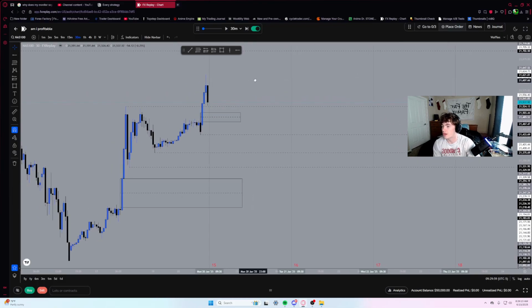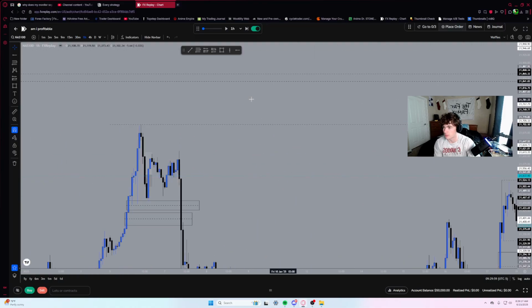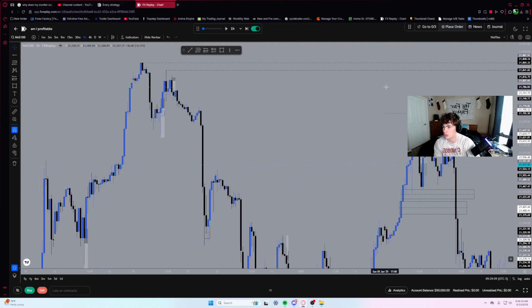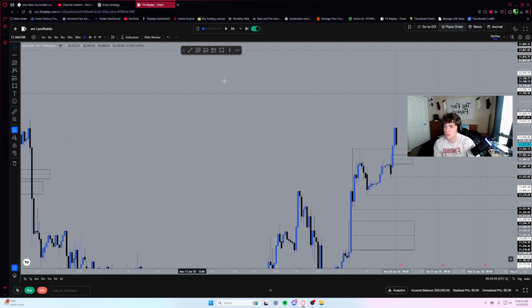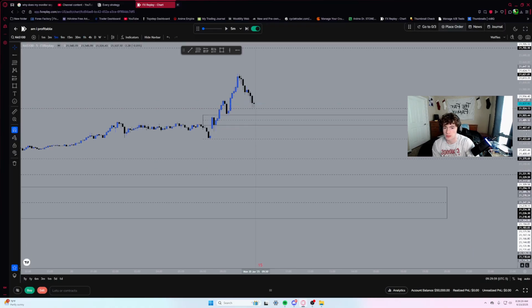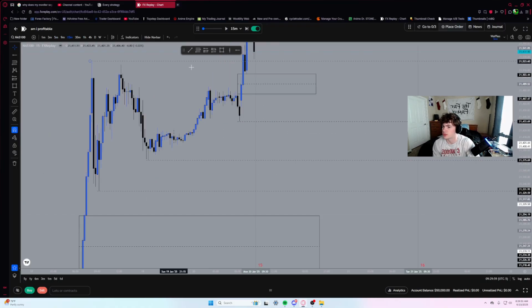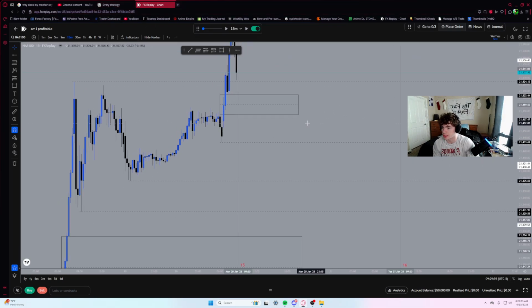Here we go. So I already have some high time frame confluences mapped out. Got some liquidity up here that I would like to tap into, and this is a main form of liquidity that I would like to see get hit. So let's go to the 15-minute first. Today we are going over breaker blocks and OTE again.